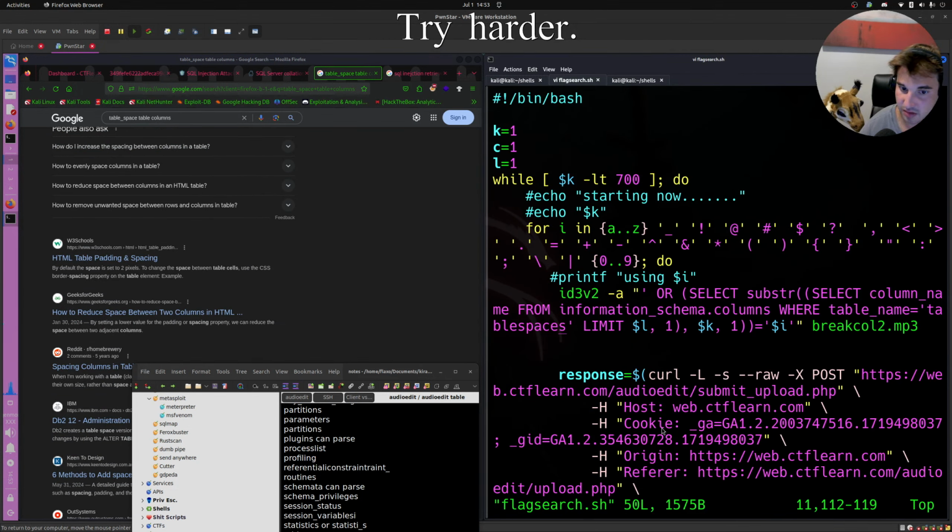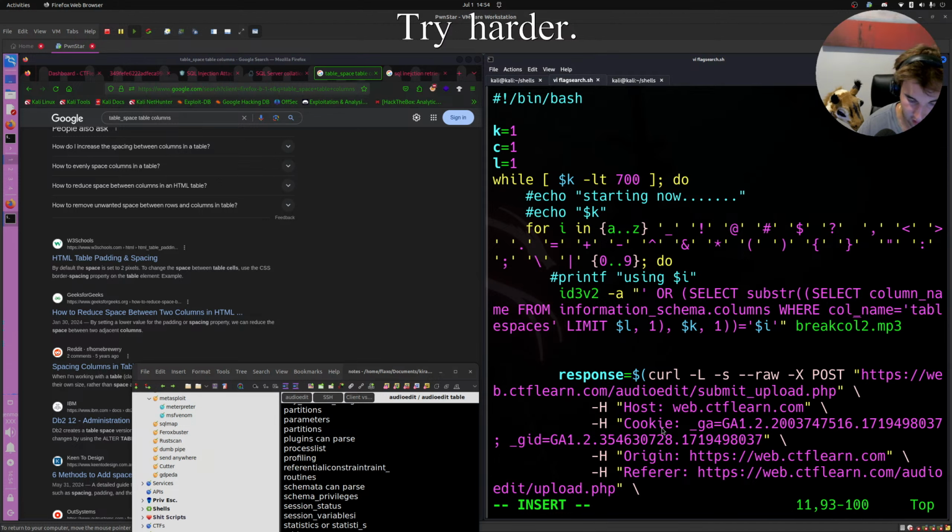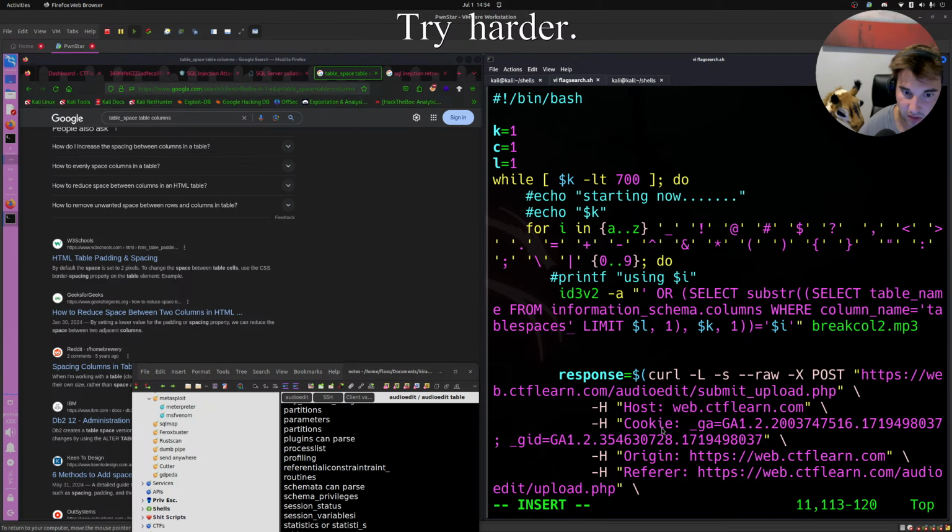So let's do select column name, permission word, table name. Our table name equals that. Actually, we'll say where column name, and then we'll select table name. So select where table name, where column name like